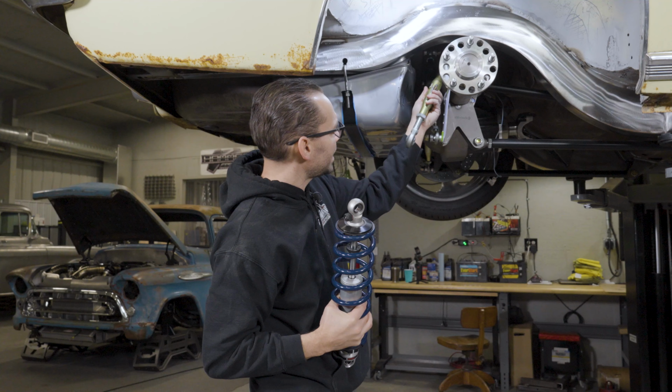But we want to actually suspend the weight of the vehicle off of this now. Instead of just a shock absorber, it's a shock and a spring. So we've got to beef that area up. We're going to show you how we did that in SolidWorks on the computer. What we got to do is design a cross member that basically connects the inner frame rail all the way to the other inner frame rail, and it's going to plug weld to the floor that's weak, and that'll make that whole area stiff enough and strong enough to support the weight of the vehicle and